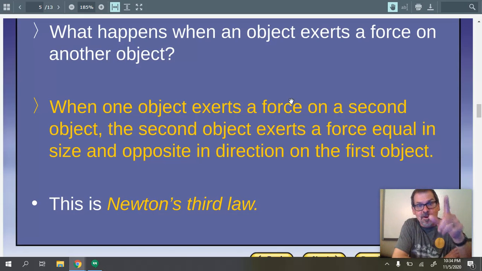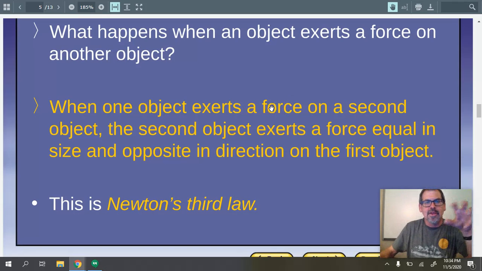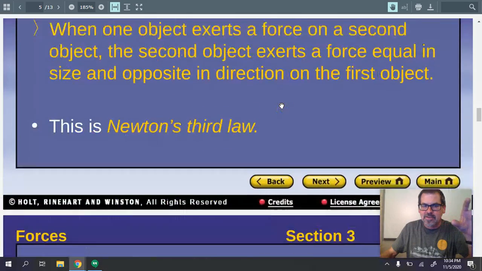But those forces are indeed the same, right? So let's say here's the ball, and the player kicks the ball this way. Well, the magnitude of the force of the ball is going this way, and the magnitude of the force of the foot is going this way, and they are the same. For every action, there's an equal and opposite reaction. We'll get to a little bit later why it is that the ball actually moves.